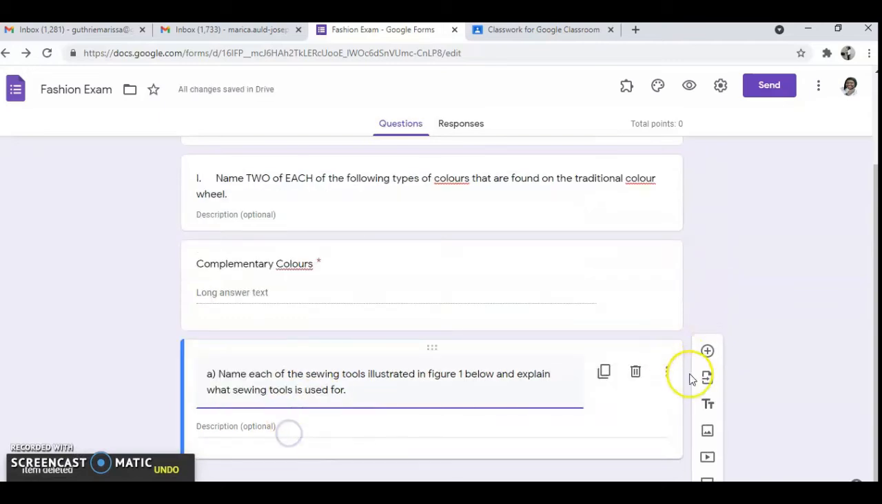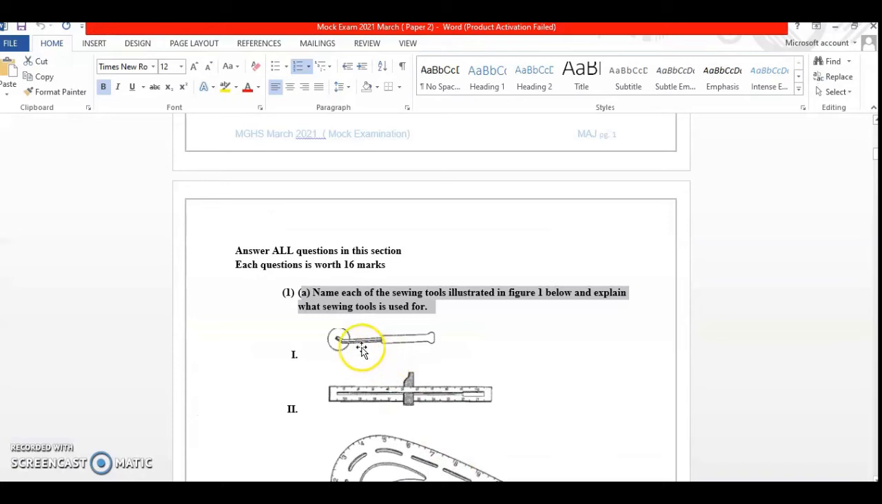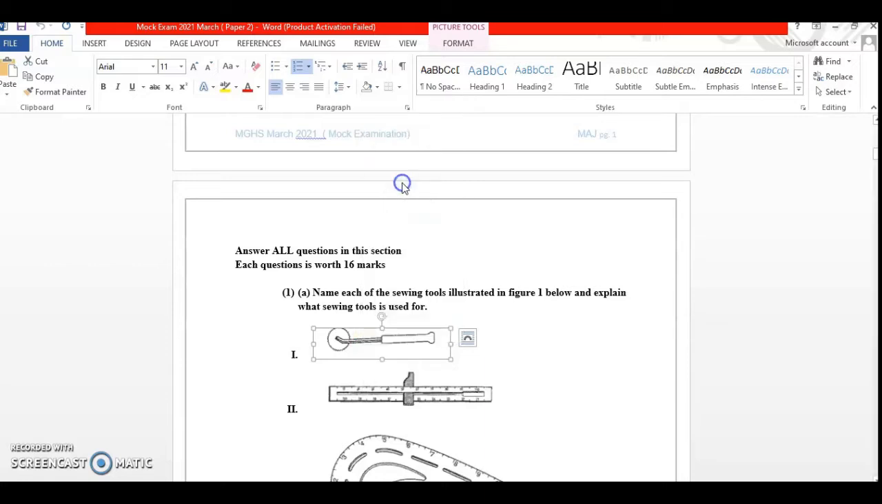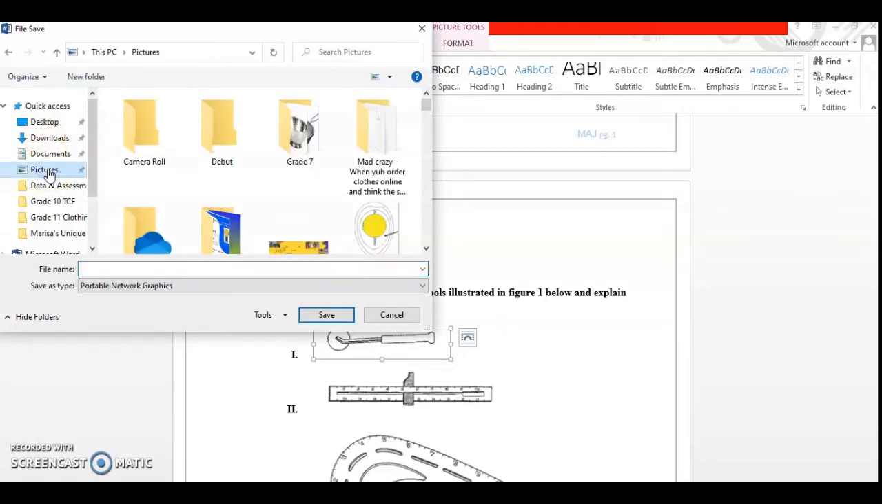So here we are going to add a question so the students can be able to write. All right, so this is an image, so we actually have to save this image onto our computer. So we save as, and this is a tracing wheel. So let's go to the save as option. Just waiting for it to come up, picture. Then I say